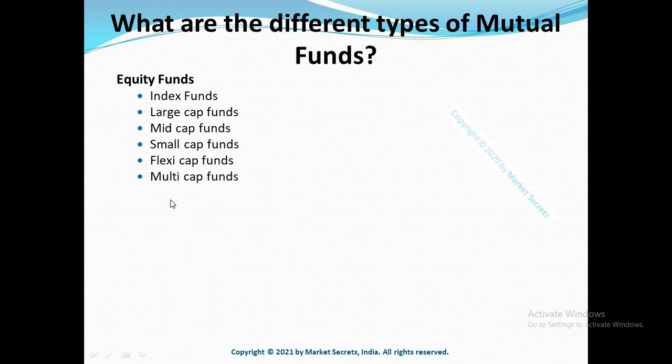The next on the list is multi-cap funds. This is very similar to the flexi-cap mutual funds, but there is one big difference. These funds should invest at least 25% of their funds in large cap, mid cap, and small cap companies. So the flexibility is very limited when compared to flexi cap. When you take flexi cap, they can invest 60% of the funds in mid cap companies and the remaining in the other caps. But when it comes to multi cap, they should definitely allocate 25% of their funds to each of the mid, small, and large cap companies. So their flexibility is very much limited.